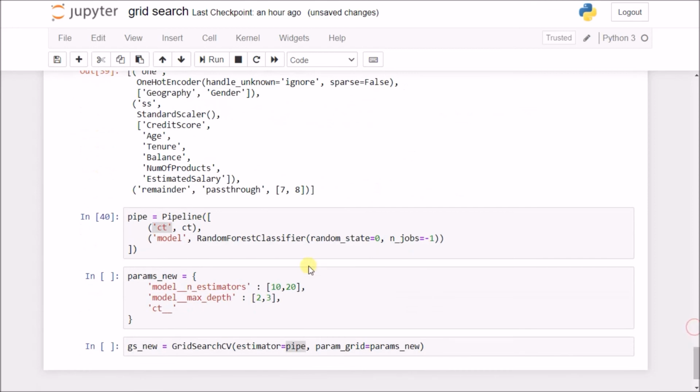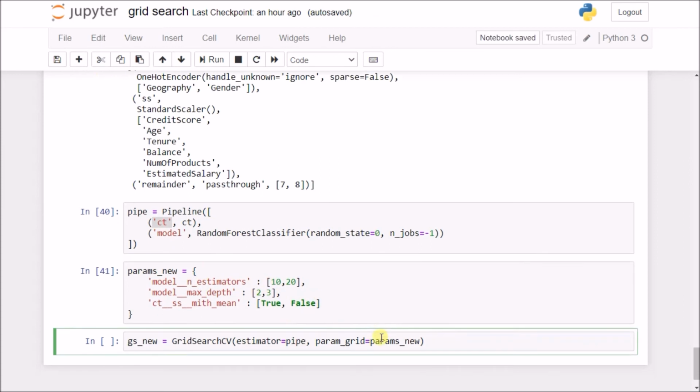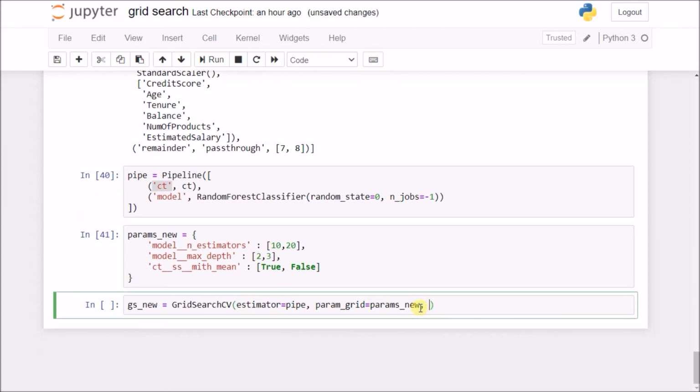So I need to again go into the SS, and then I can access with_mean, and here I can say True and False. Okay, so this is how we can choose the different parameters to tweak. Now this is done, and I also set n_jobs equal to -1.